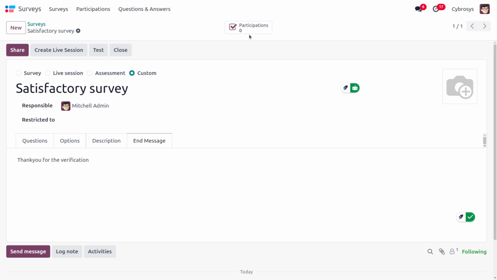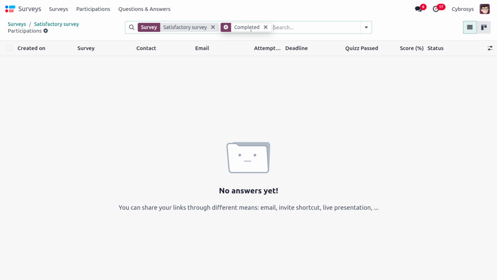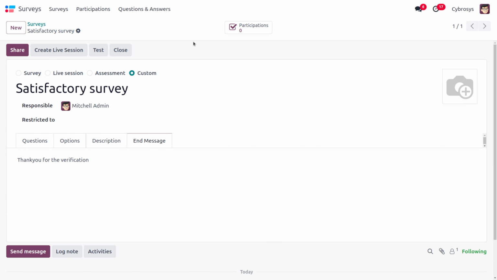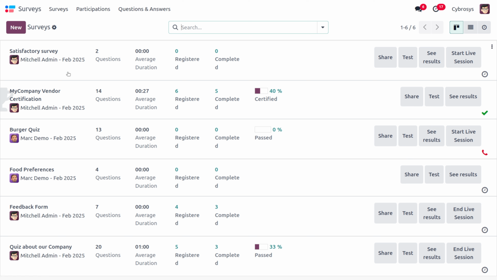Afterwards, if you want to see the participants who have attended this, you can also get that. Currently there are no participants, and when I remove the filter, you would be able to see everyone. Now let's move on, and you can find the questions that are created. As we haven't started this, you can see nobody has attended that.